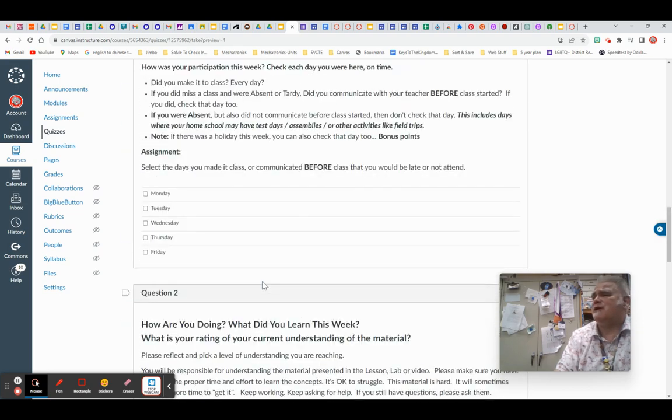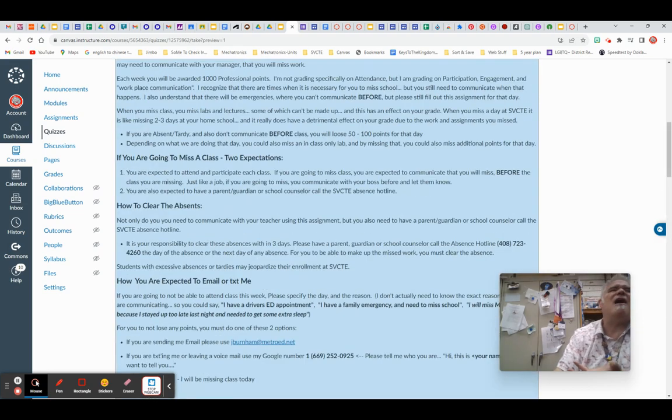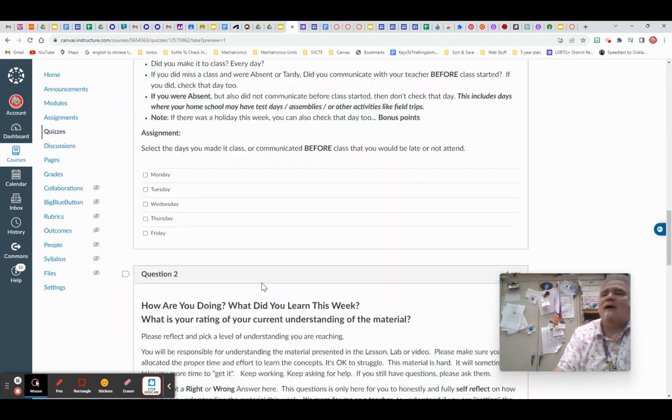My point system for major assignments is about 100. I make my 100 points, right? So I'm giving 1,000 points a week for being here, participating, or communicating, or catching up on their assignments, right? And so this is what I do. And so this is kind of how I set up